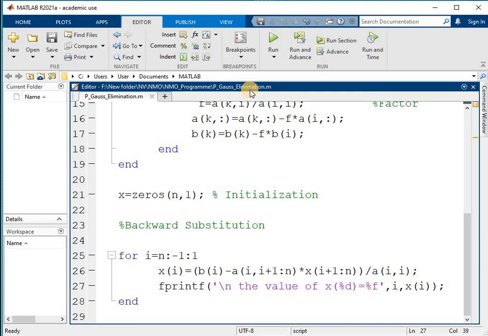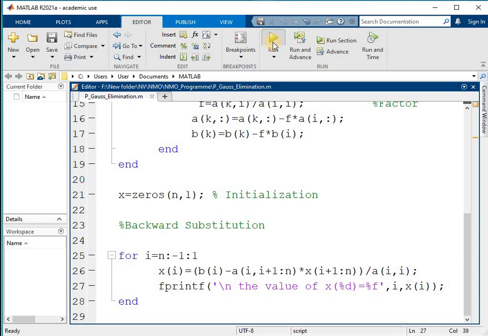While saving the program, you need to remember that it should start with a letter, and you can give the file name as the name of the program. But don't use any syntax or any MATLAB commands, and don't use any spaces between the characters. Instead of space, you can use the underscore. As I have previously saved this program, I am directly going to click on this run icon.